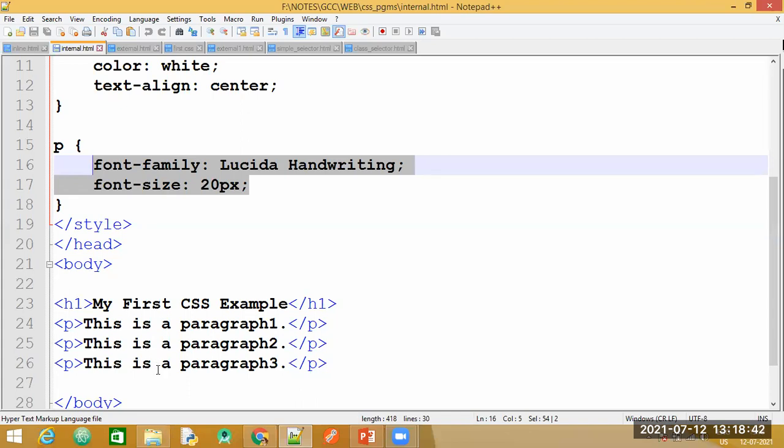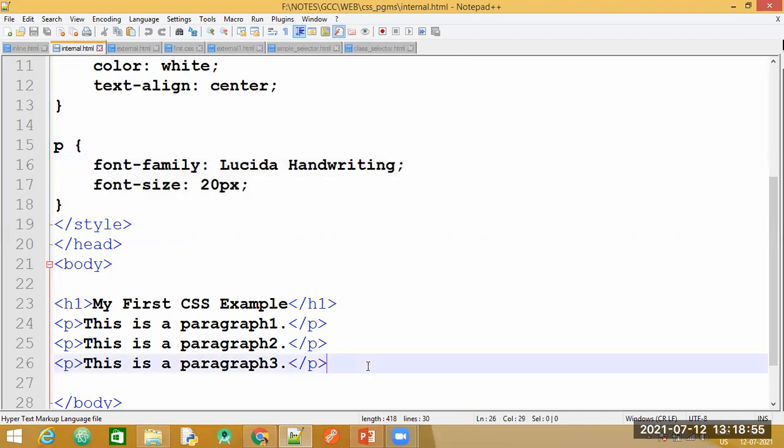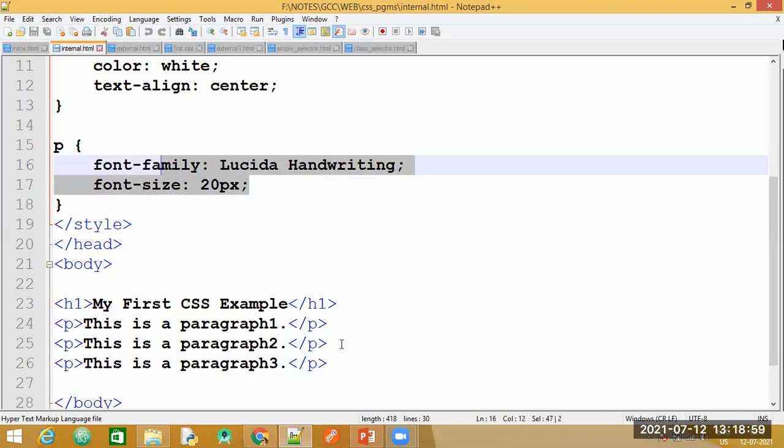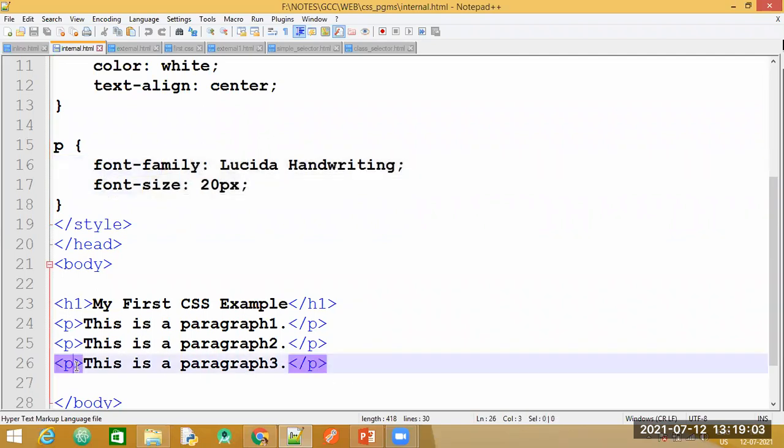This way CSS is more helpful than HTML. Whenever you talk about beautification of the page, CSS will be more handy. Any number of P tags I can have, all I have to do is apply these two lines, and automatically it will be applied to all the P tags. I do not have to go on specifying for each of these elements, right? So let us have a look at the code for this.